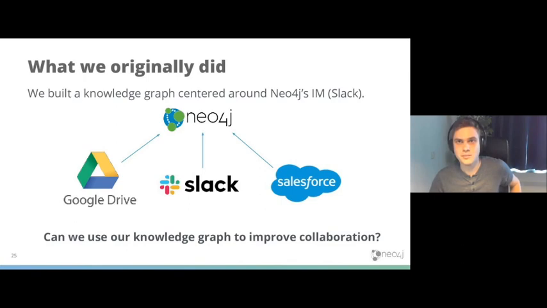So the magic of the knowledge graph in this case is also to combine different data sources and provide a unified view on these. And the second phase of the project was to build on top of this knowledge graph and investigate remote collaboration, right? So what I want to go into depth on here is that we can very easily reuse an existing knowledge graph and expand on it to answer new questions, right? Okay.